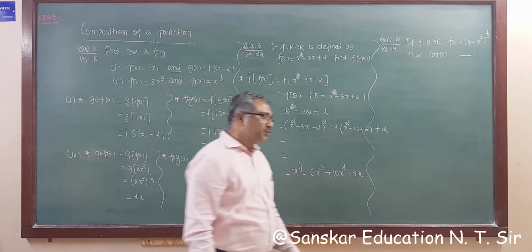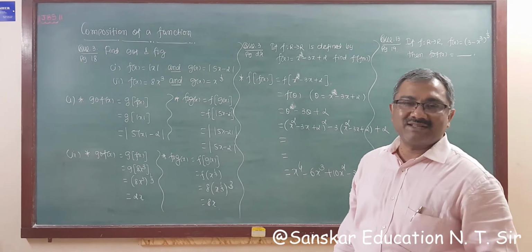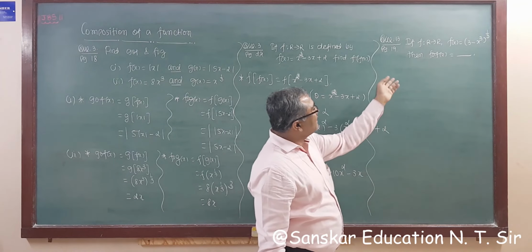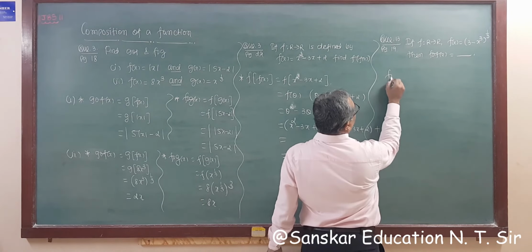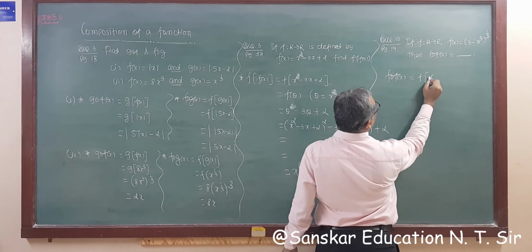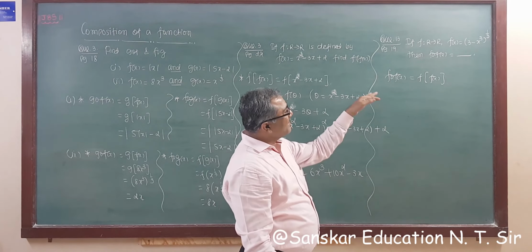Now this is a most important question for MCQ, right? Maybe it can come in 2 marks too, but this is not a 2 marks question, it is a 3 marks question. So what do we have to find? f is given from R to R, and we have to find f of f of x. So f of f of x, right, is equal to f of f(x). No need to write that f of f is defined for R to R because it's an MCQ question now, right?